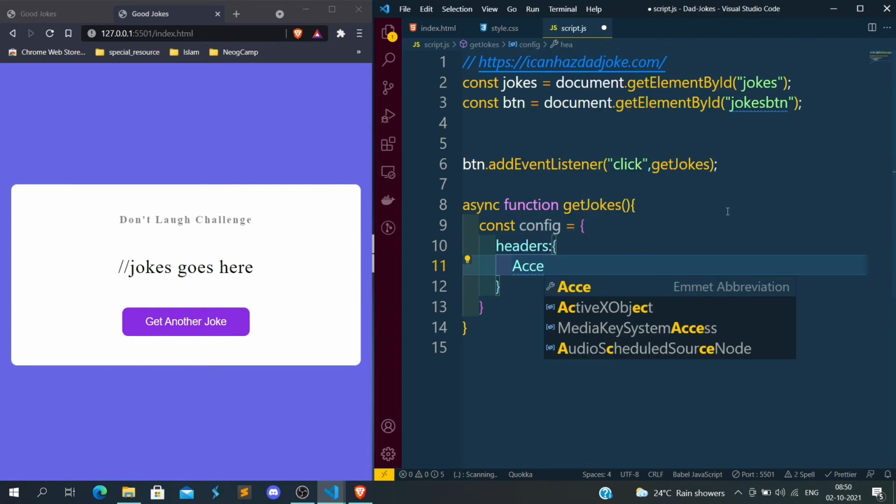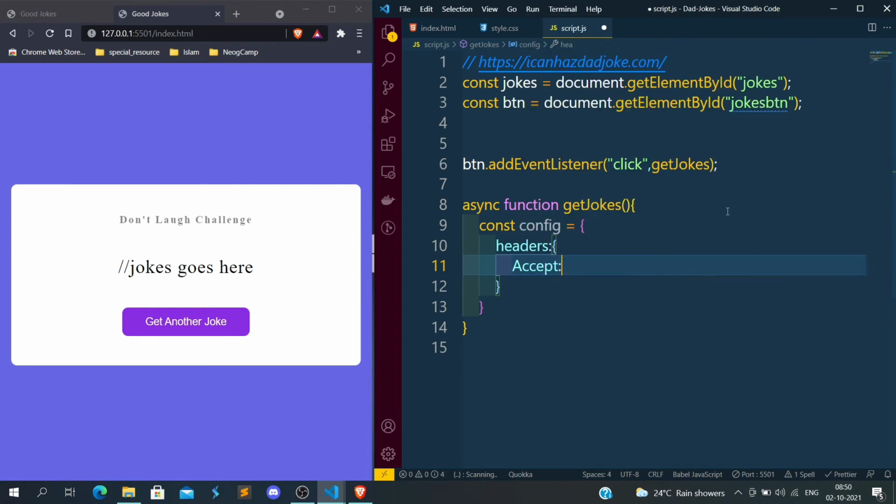Here we need to define in which format we want to take the response. So here I am defining we want to accept the response in application/json format. Okay, so that we need to pass while calling the API. We are basically telling the API that we want the response in application/json format. Okay, so that's what we are defining.